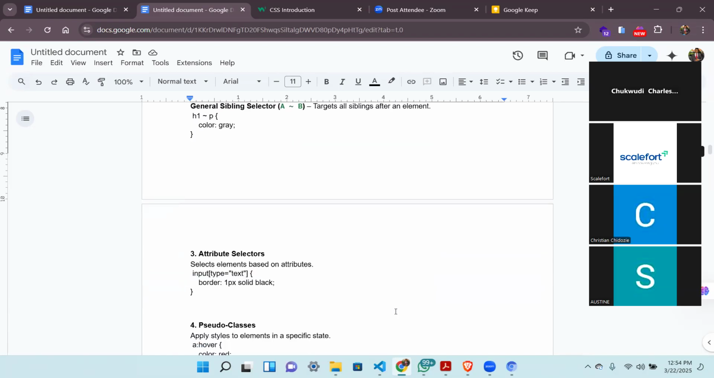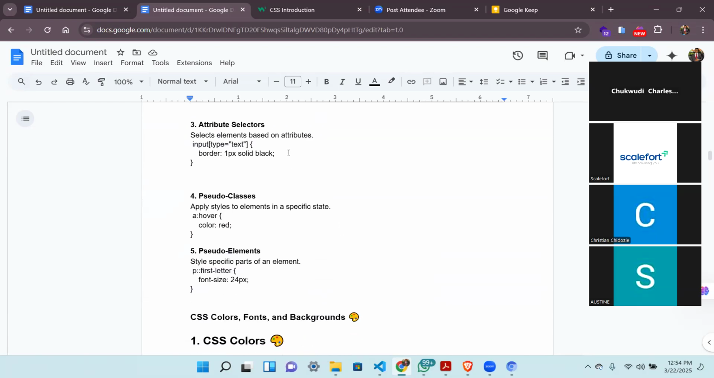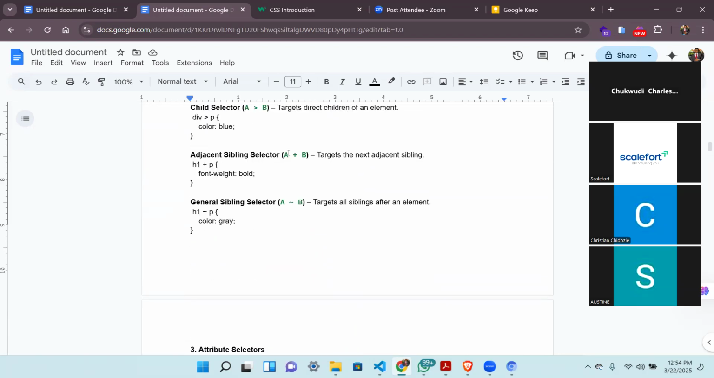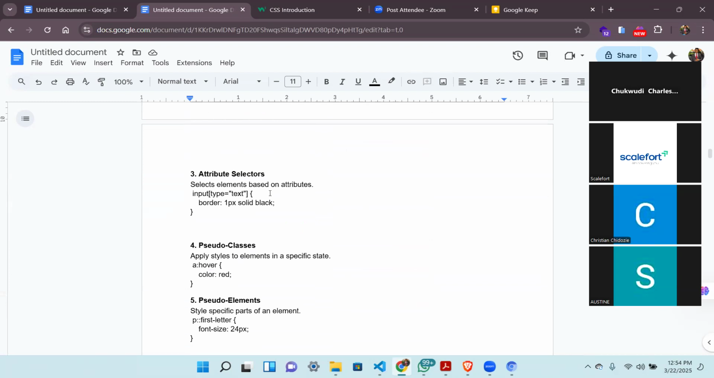Now, coming to the attribute selector. The attribute selector selects elements based on attributes. So, this is an example: input, type text, border 1px solid black. This will be quite technical for you guys. What this means actually is, if you have an input tag,